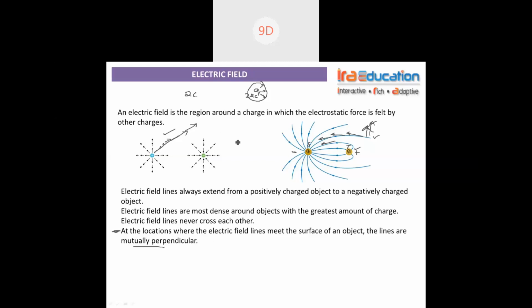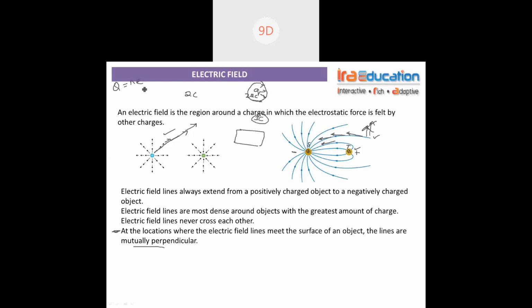I'll just tell you one fun fact. Suppose this is the charge. I'm just assuming a cuboidal charge; it's not cuboidal, suppose this is the charge, guys. Suppose this charge is of magnitude 3 coulomb. 3 coulomb is a comparatively big value. Usually we discuss in microcoulomb. If you don't know whether it's a big value or not, I'll show you.